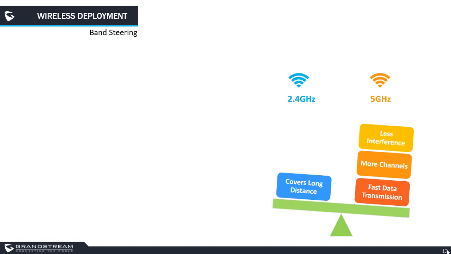And 2.4 is also known for being more susceptible to interference because many non-Wi-Fi devices use frequencies close to 2.4, such as microwaves, cordless phones, baby monitors, and even if your neighbor's router is using 2.4 and the same channel, that can also cause some kind of